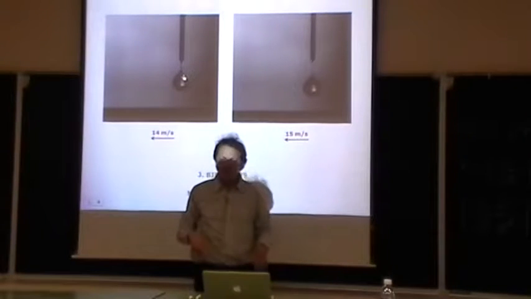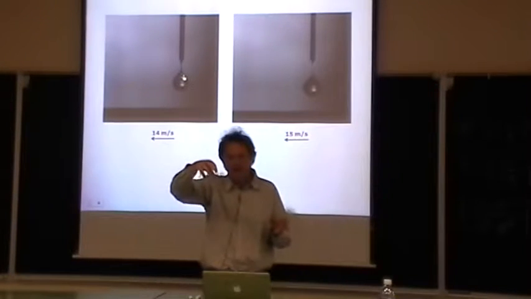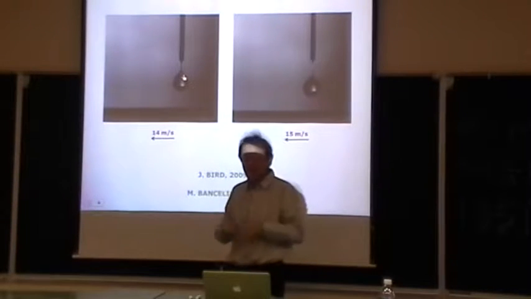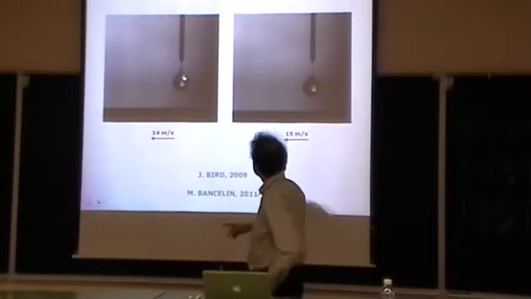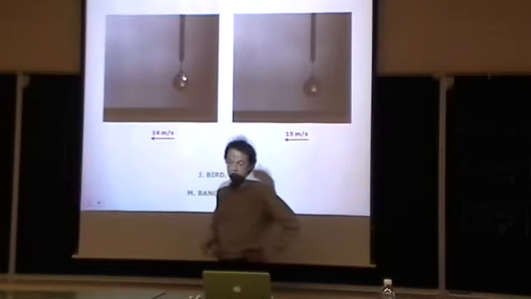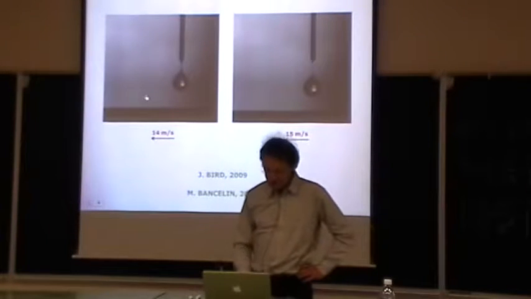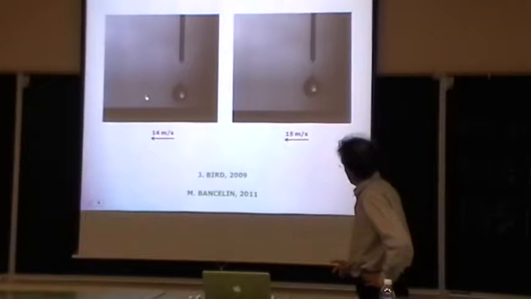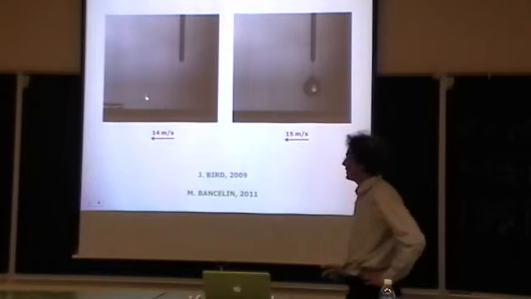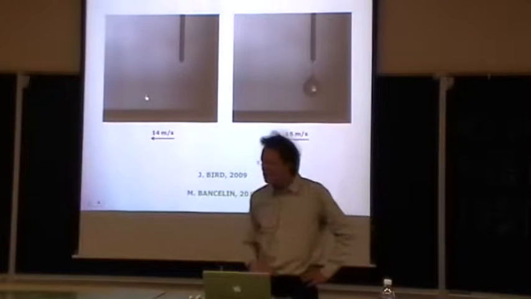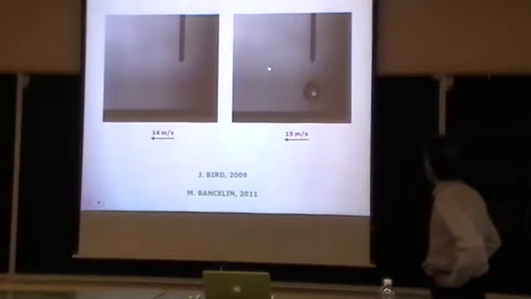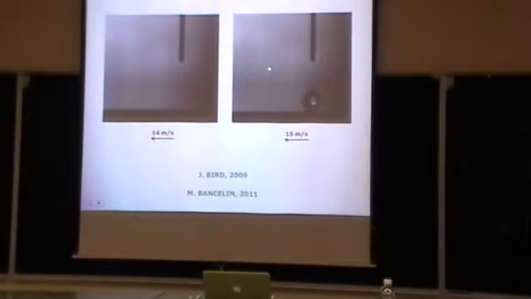So it's a solid which is wet by the oil which is coming on it. It can be any silicon oil. So there is a pure wetting. And if the solid moves at a velocity which is here, as you see, 14 meters per second, you see something which is quite natural, which is the fact that when the oil contacts the solid, it goes through the solid, okay? But you increase a little bit the speed of your solid, and then you observe something which is quite different,